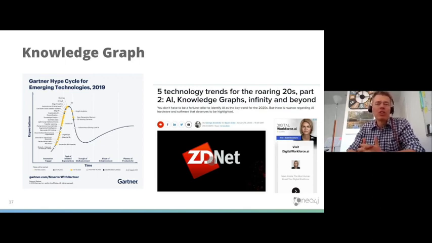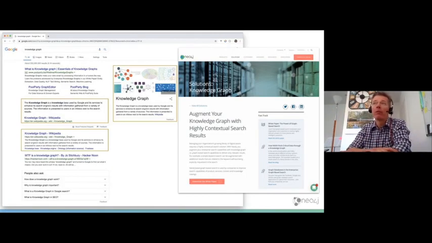The reality is, we see in the marketplace that knowledge graphs have been around for quite some time and reached a decent maturity. The knowledge graph that you probably all know the best is Google.